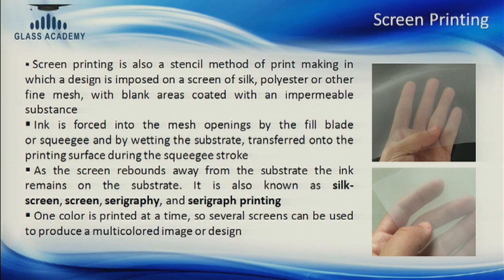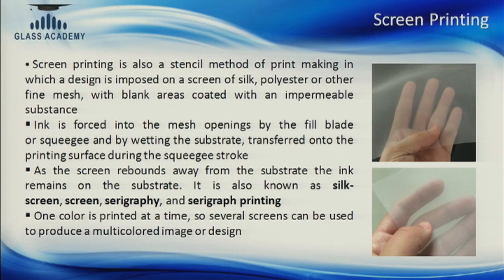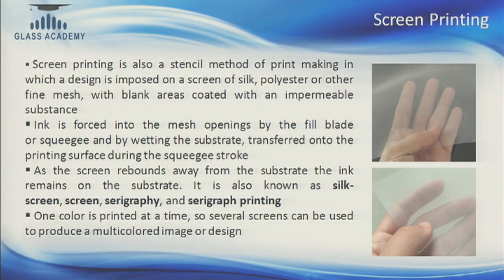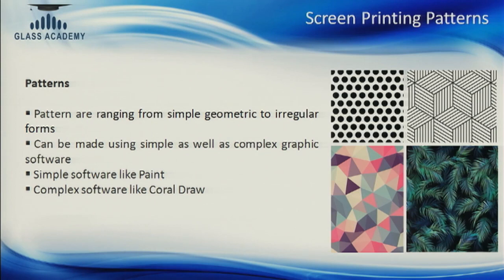Certain sections of the silk mesh will become impermeable, or the ink will not be allowed to pass, and there would be other sections where the ink can pass. So the design is made in such a way that the areas where the ink can pass, the design goes through, and the other areas the ink cannot pass through. So you take a rubber squeegee and you run it through the silk mesh, and the ink will flow through the transparent areas. So it's a long process to do screen printing, and it starts with making the screens.